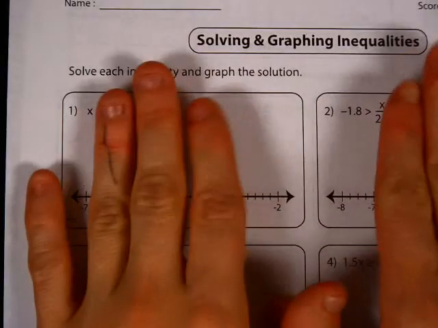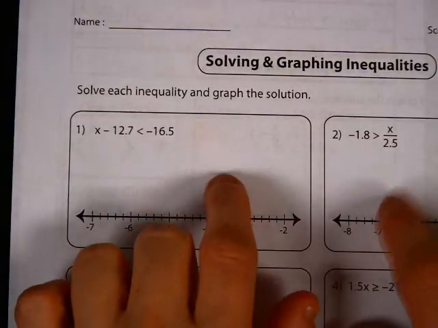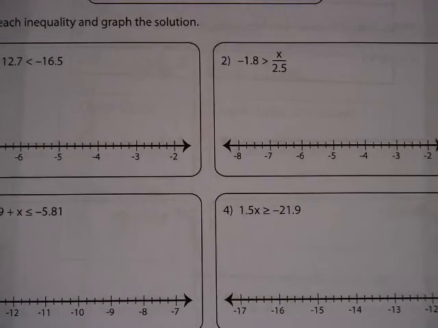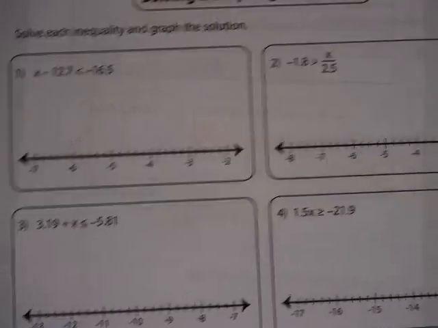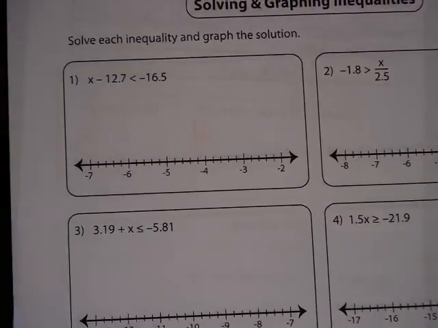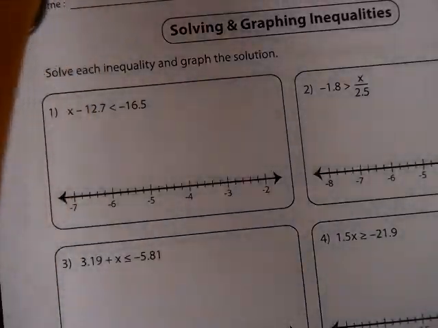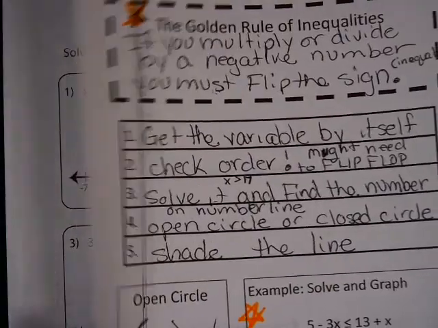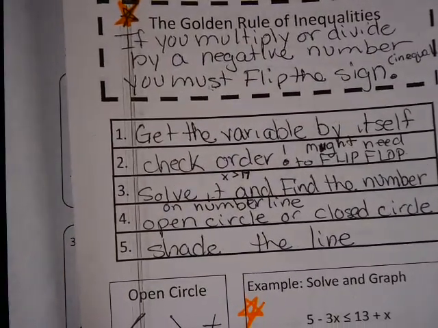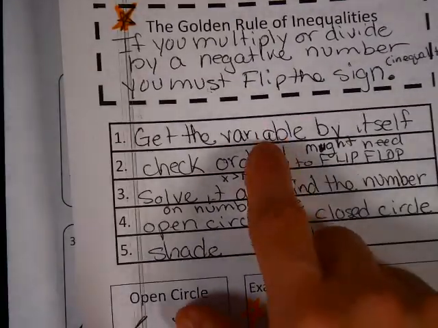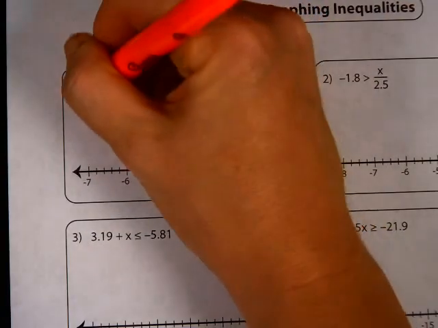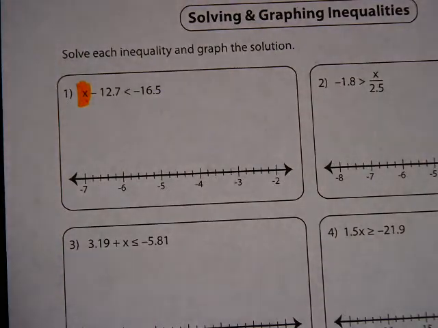Because this is the more complex side, let's start here, okay? In your notes, I'm going to do a couple of the questions, okay? Now, we're going to follow the rules of what we just said. So, you can have this out. I actually want you to keep this out. All right, again, the first goal, we want the variable by itself. So the variable is this x. Agreed? Yes. Okay,